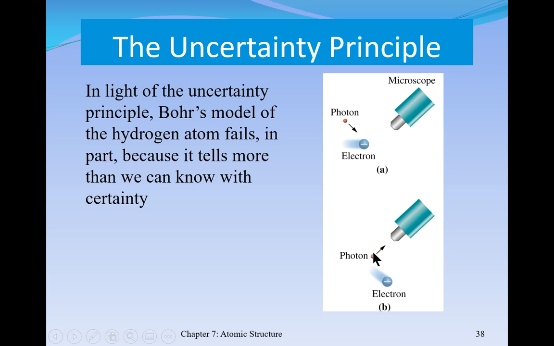And by the time the photon hits the microscope here, you'll be seeing where the electron was at that instant and not where it is, which would be down here. So basically, that's the reason why it is impossible to tell how the electron is moving and where it is at the same time. And based on this uncertainty principle, that led to the failure of the Bohr model, which